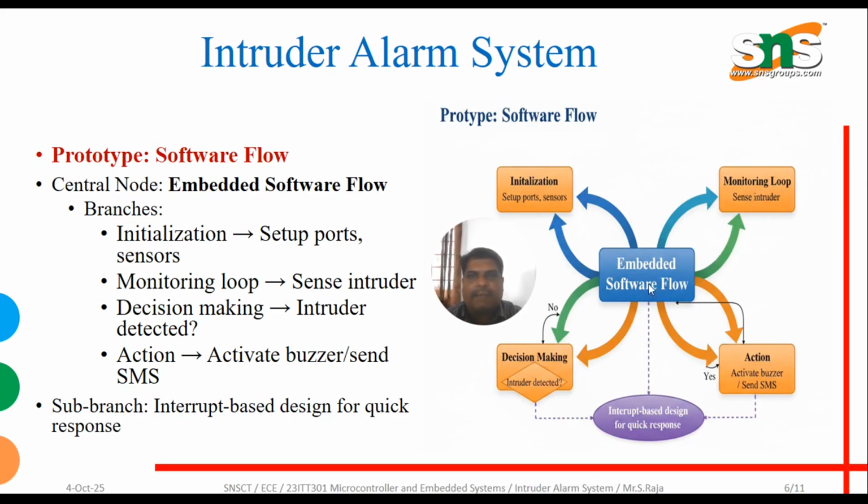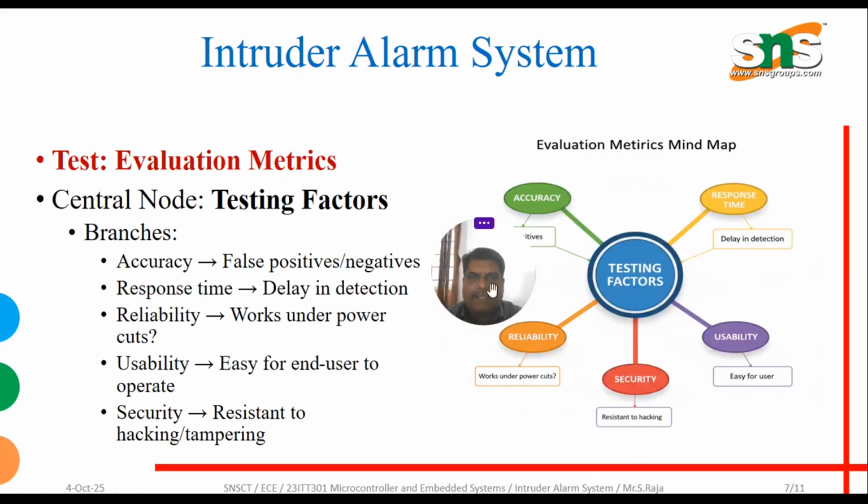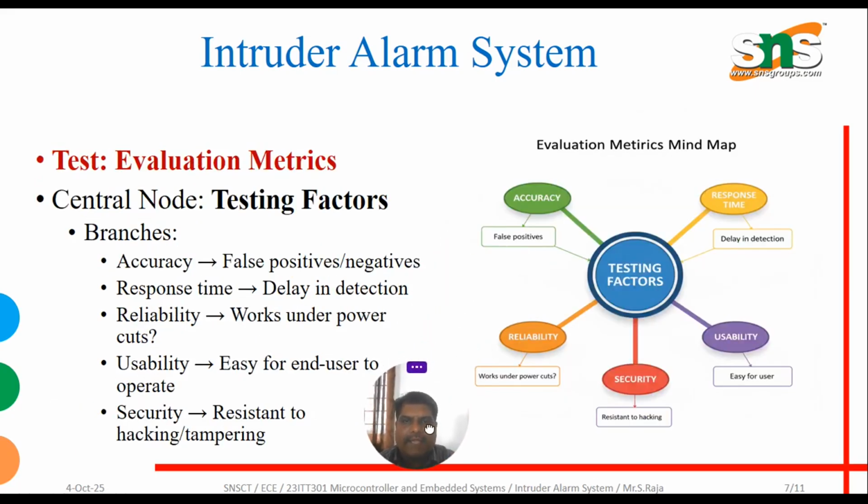So these are very, very important. This prototype software flow consists of initialization, monitoring loop, decision making, and action taken. So this follows the sub branch level. The next is the evaluation process, where we have to test our product in a good way. So the test may consist of